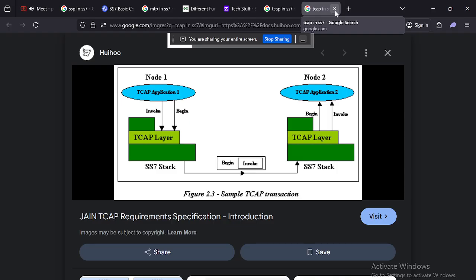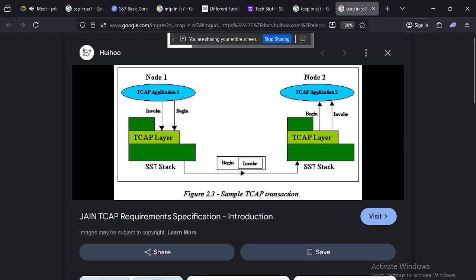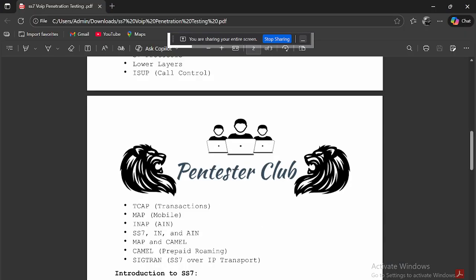So now we would like to go for... Yes, sir. Before you close, I was going to ask if you could send those links into the chat before you close the browser window.